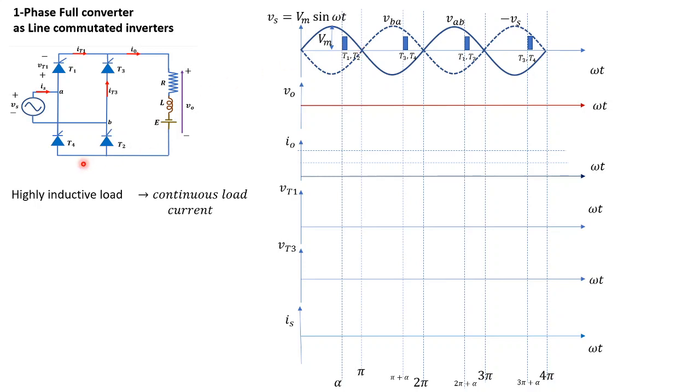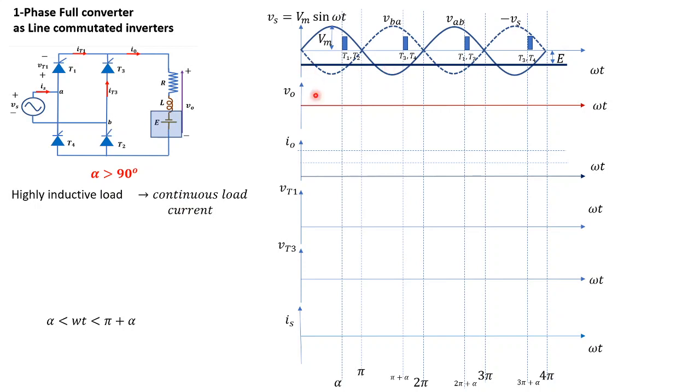Now let me apply the gate signal for T1, T2 at omega t equal to some alpha, where alpha is greater than 90 degrees. So far we have considered operation with alpha less than 90. Now in this particular mode of operation, that is inverting mode, let me take alpha greater than 90 degrees and let us see what would happen to the load power. So alpha is taken more than 90, right? T1, T2 are fired at alpha which is more than 90.